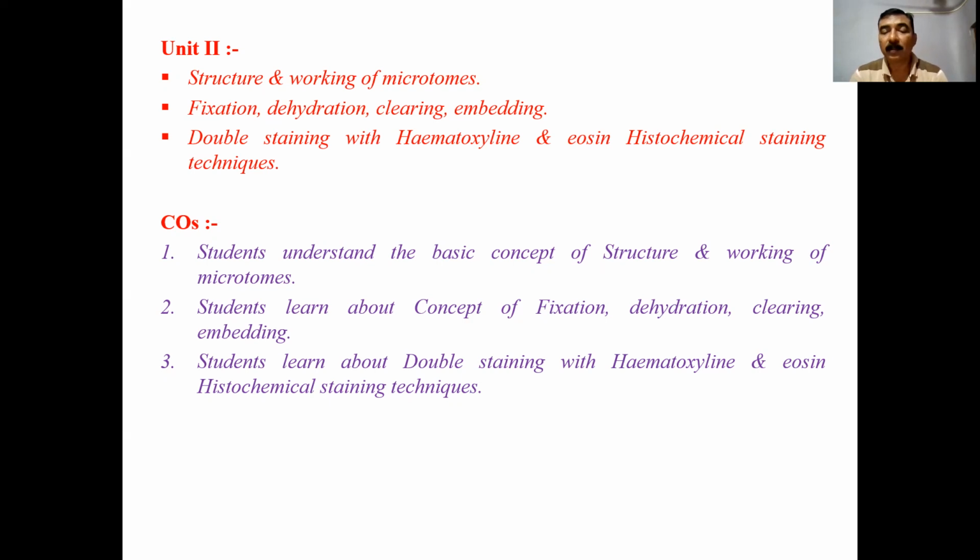Washing and dehydration. Washing is done with distilled water or tap water. Then the dehydration is done with a graded series of alcohol, 30, 50, 70, 90, 100. With this graded series of alcohol, stepwise removal of water takes place and dehydration occurs. After dehydration of a tissue, we have to clear the tissue. Clearing is done with the help of xylene. Xylene is a clearing agent and also an intermediate medium between the dehydrating agent and the next, the embedding medium, paraffin. So it is miscible with this.